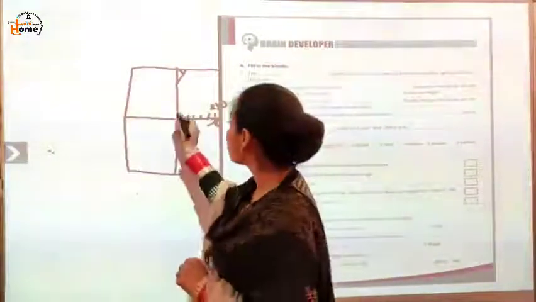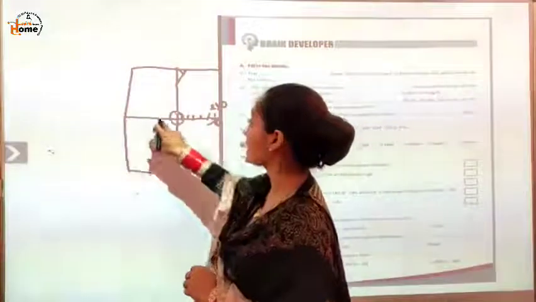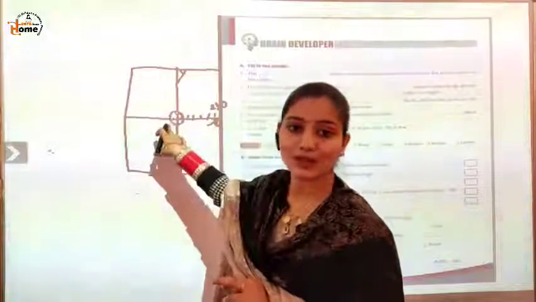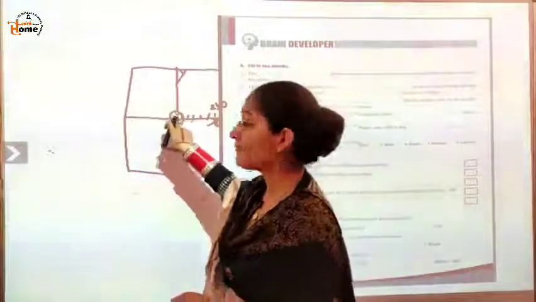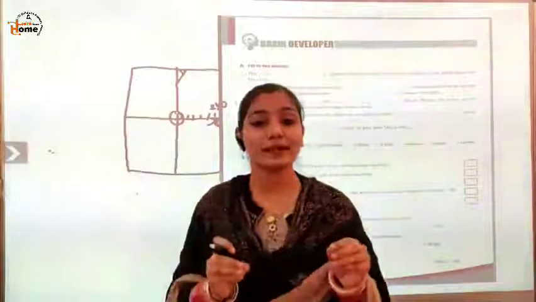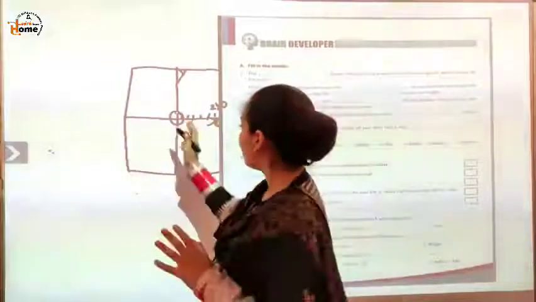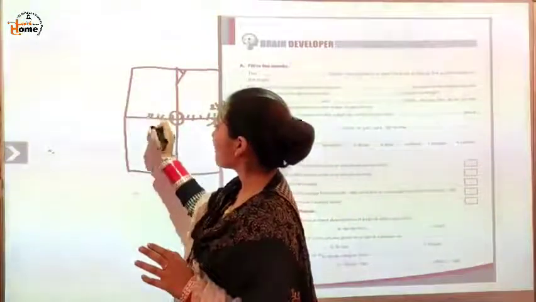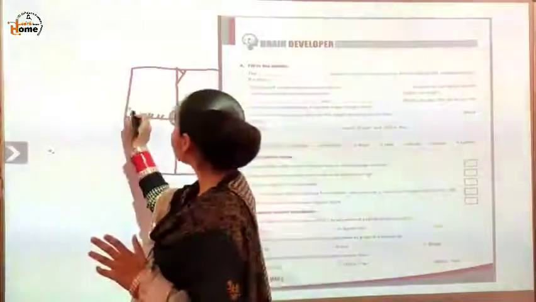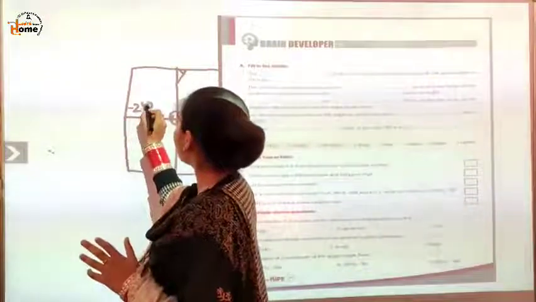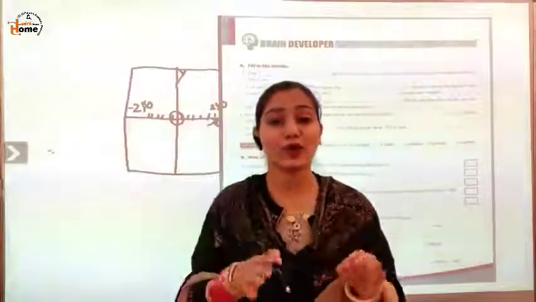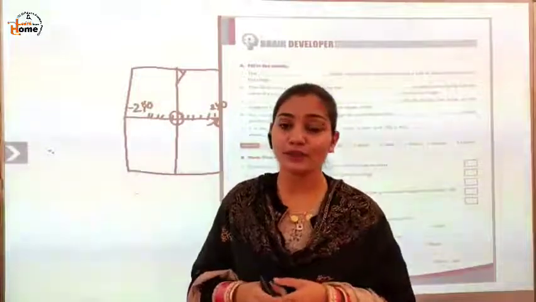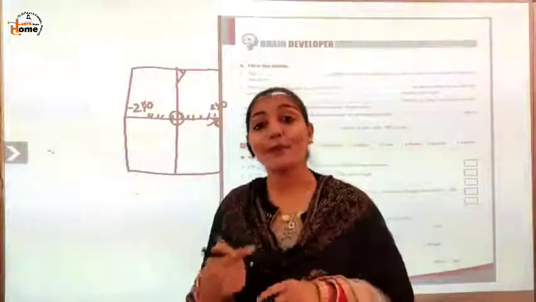Okay, and what is this? The point where both the axes meet is the origin. Okay, here x is also 0 and y is also 0. Okay, x and y both the coordinates are 0 at the origin. Okay, here 0, then either it will be -1, -2, -3, -4, -5 till it is -240. Okay, x coordinate ranges from 240 to -240 and y coordinate ranges from 180 to -180.